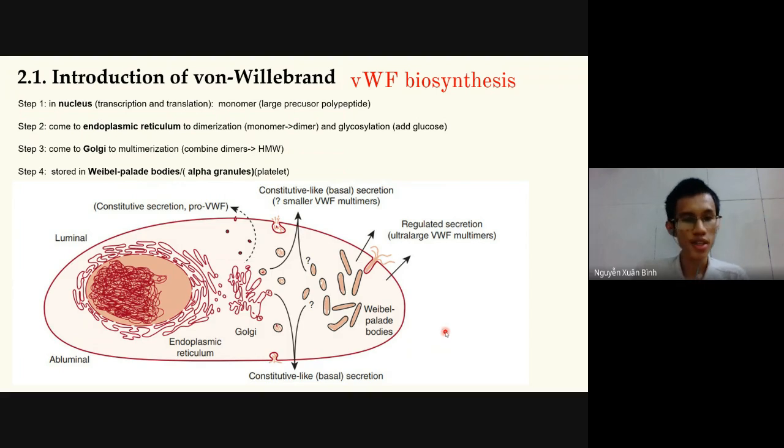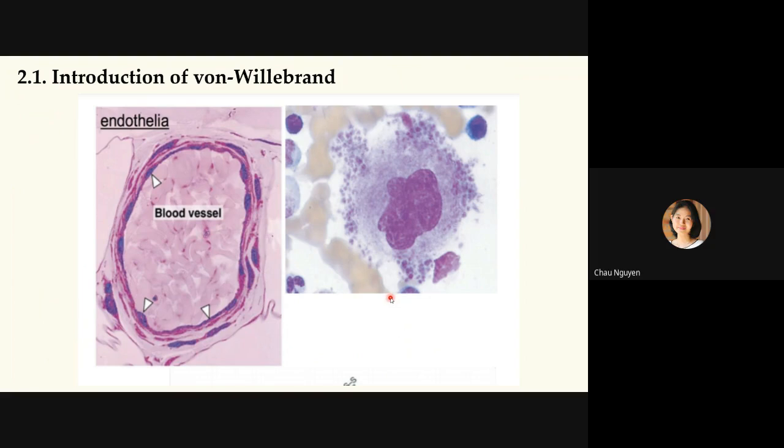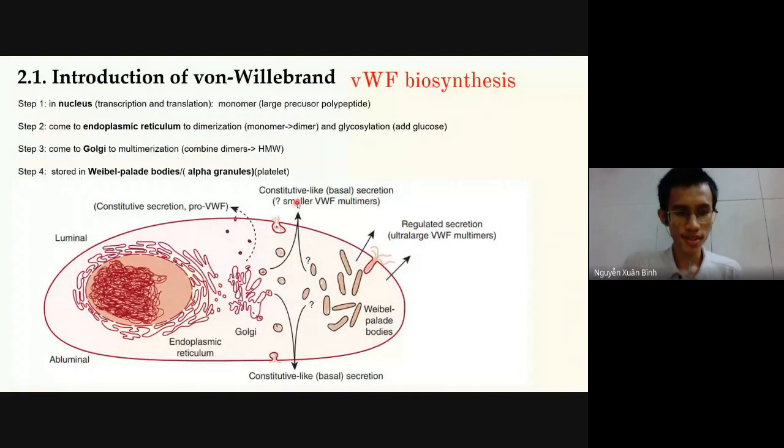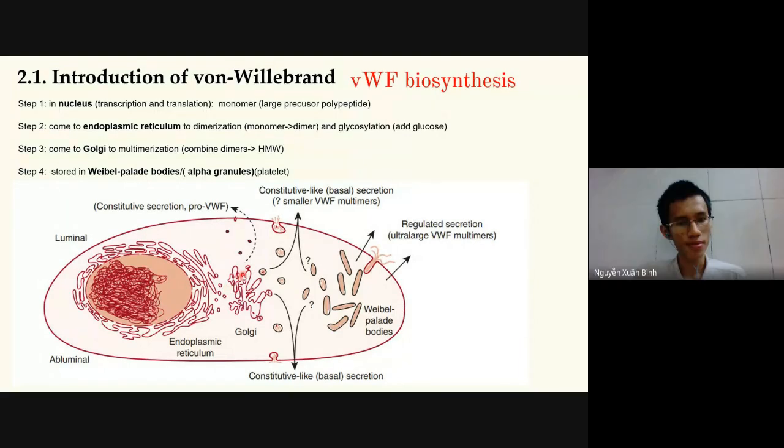So any questions here? Okay, now I will turn to the next slide. As you can see here, this is the endothelial cell, and this is the megakaryocyte. Just a minute. Yes. Okay. Can you explain to everyone which kind of molecule is functional for von Willebrand? It is very important for the next slide. I think